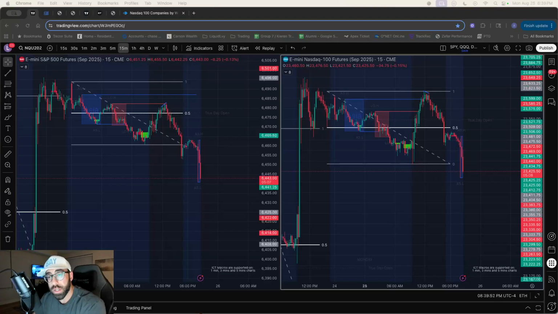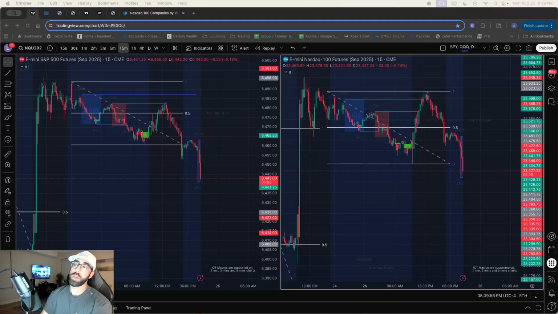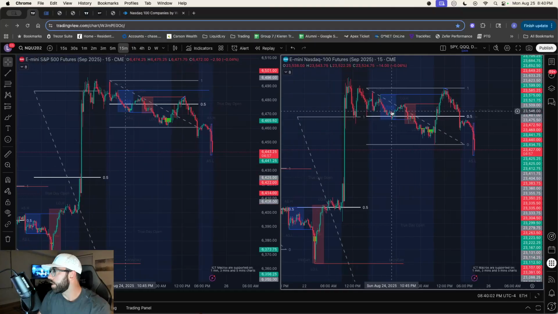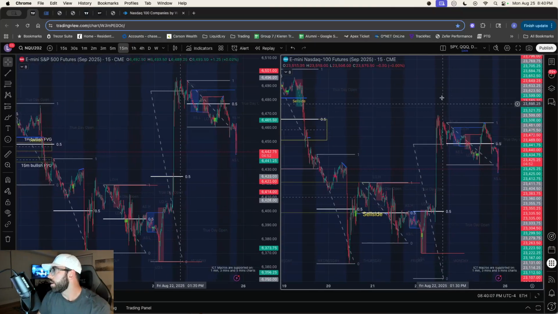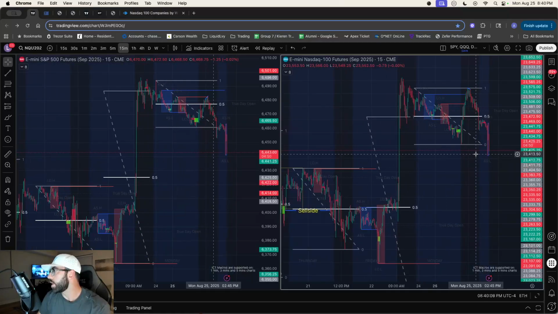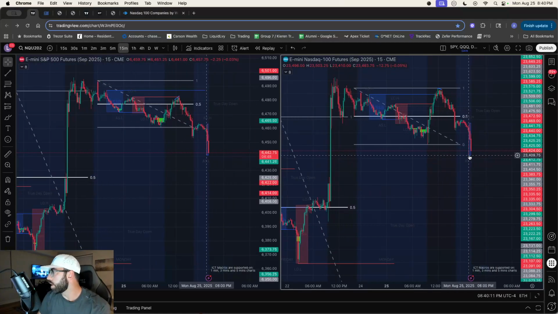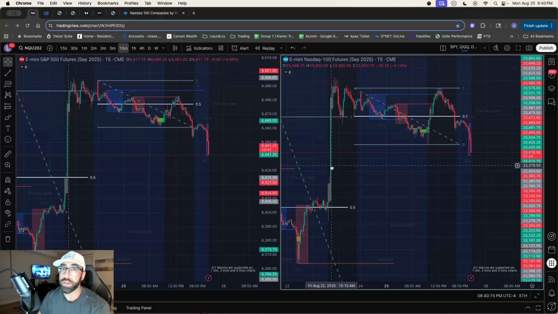If there isn't, or if we're not inside of a gap, then we wait for a major liquidity sweep that is then inside externally of another fair value gap. So you take out something like this high, which is inside this bearish area. That's the short that we like to take. We like to take a long where we're going to sweep this low right here and deliver bullishly out of this bullish fair value gap.